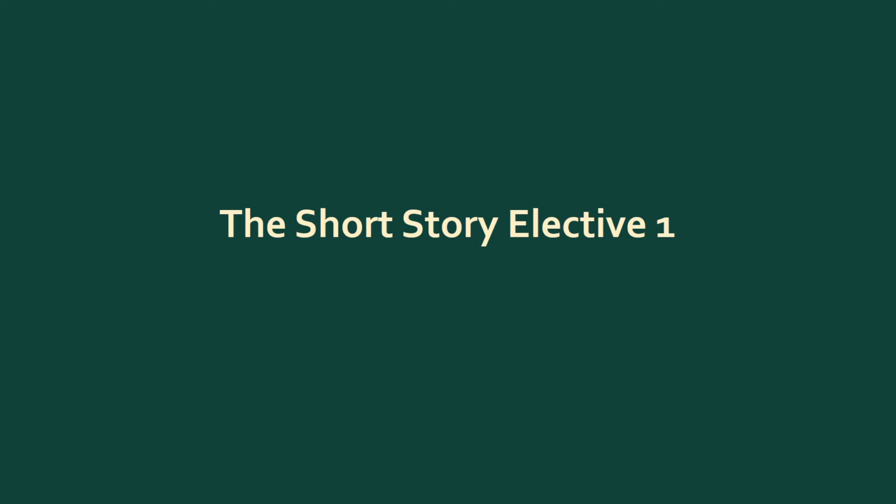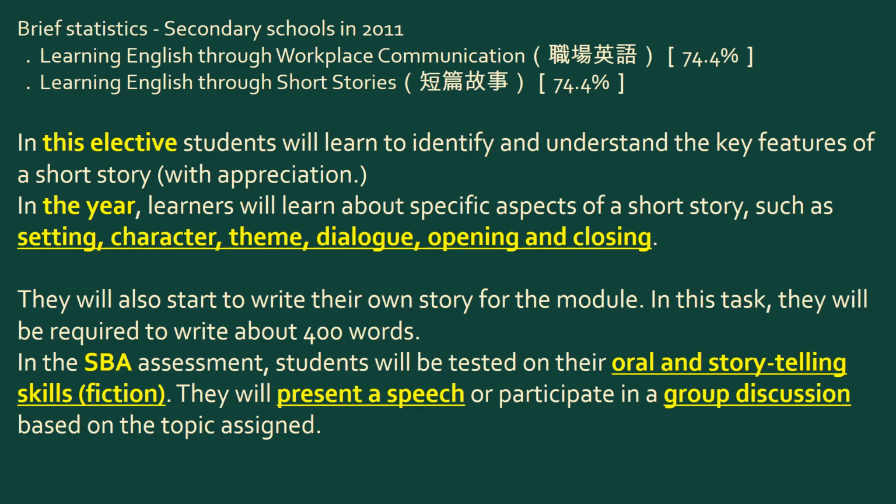Concept: The Short Story Elective. 根據教育局喺2011年嘅統計，由最多學校教授嘅單元列起，我哋會睇到呢個職場英語同埋短篇故事都係比較熱門嘅 elective。咁 short stories 呢個 elective 咧都好多學校選擇教嘅。咁我哋又會喺呢個 elective 學到啲咩呢？In this elective, students will learn to identify and understand the key features of a short story and read short stories with appreciation. 學生將會學識點樣去識別同埋理解一個故事嘅主要特點，並知道點樣去欣賞一啲特定嘅短篇小說。